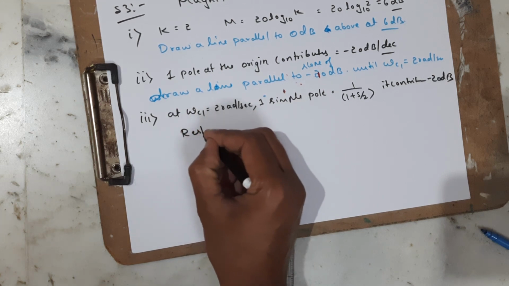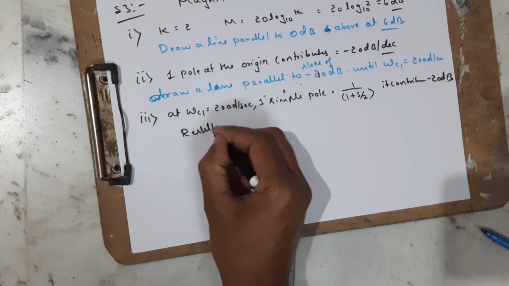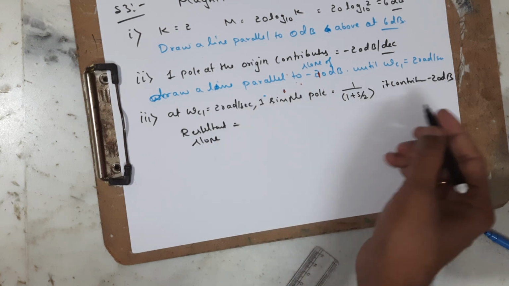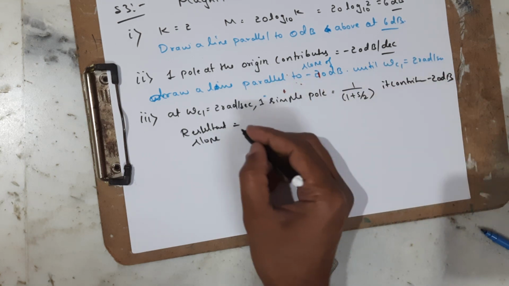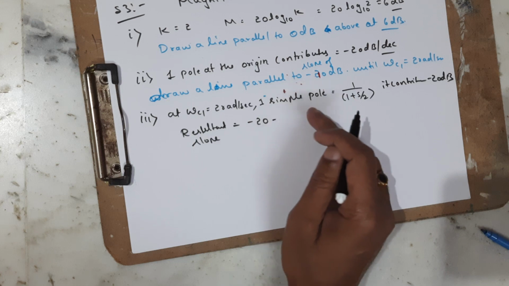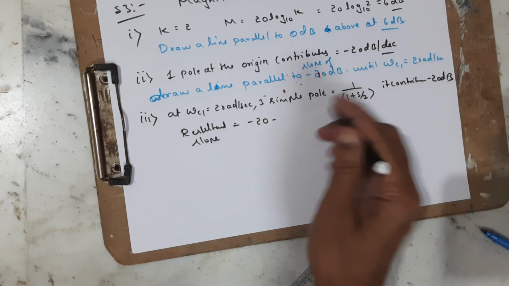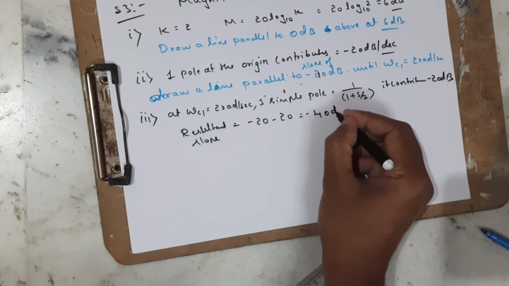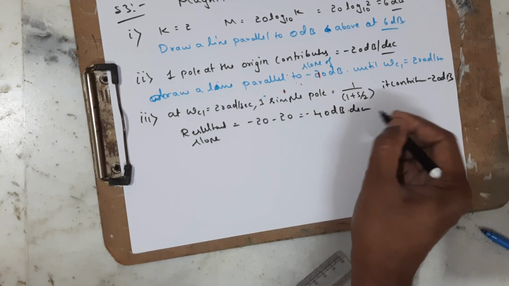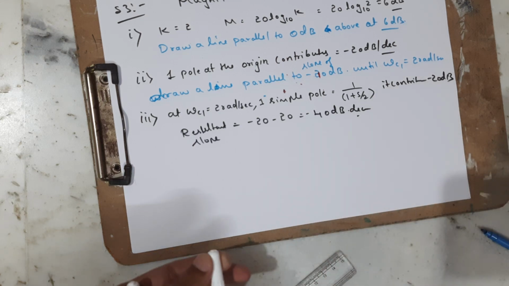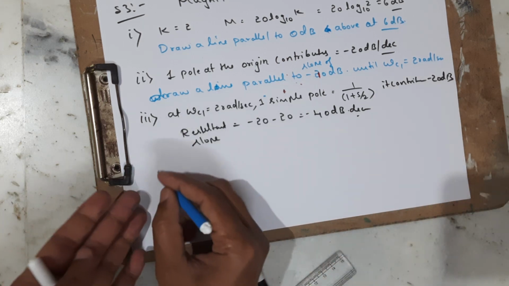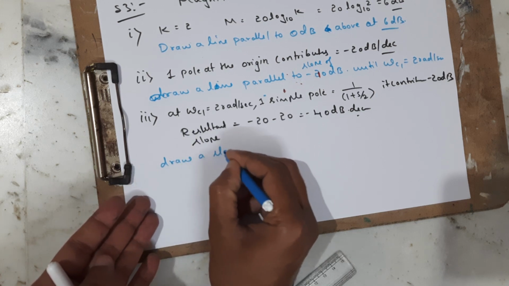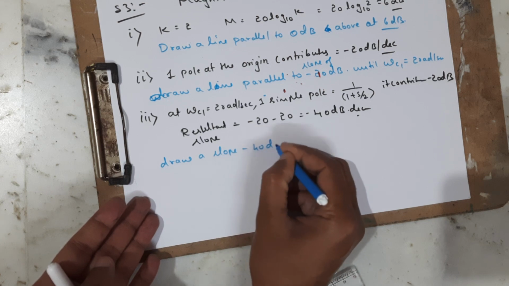the resultant slope, what is the resultant slope? The resultant slope is equal to, what is the previous slope? From this we have the previous slope as minus 20. From the one simple pole, it is going to contribute minus 20 dB. So we are going to get minus 40 dB per decade. So now what we are going to do? We have to draw a slope of how much? Minus 40 dB